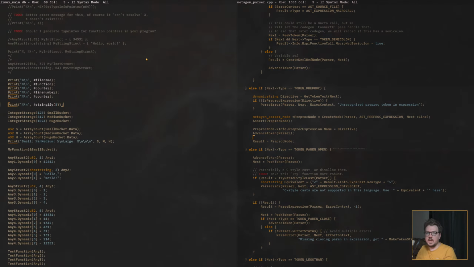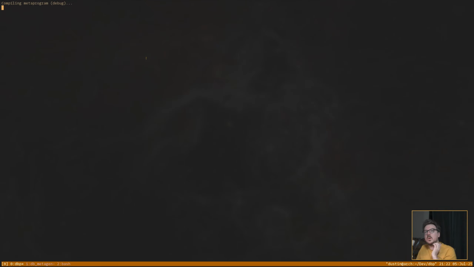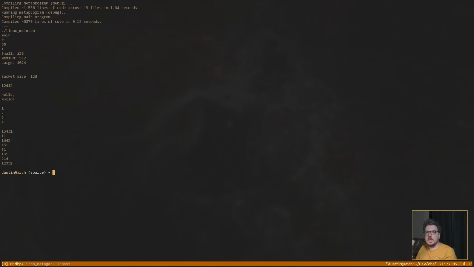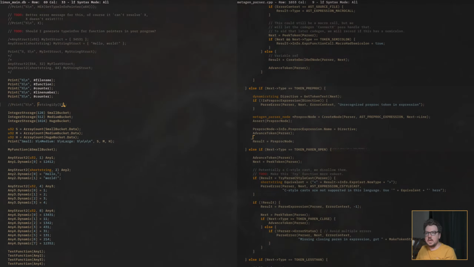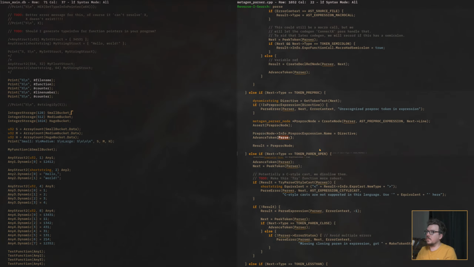That's me forgetting how this system works. We parse macro calls like this, or preproc calls, as function calls, so we let the existing function call stuff handle it, and then later in a post pass over the tree, we recognize any that are macros or snippet calls and we update them later. So we need to go to parse function call.